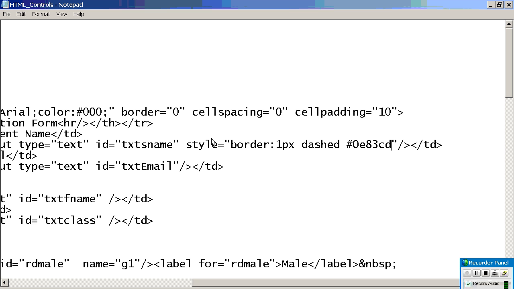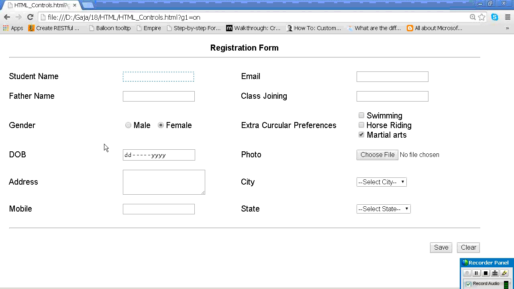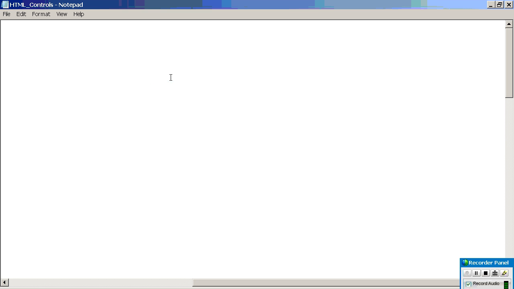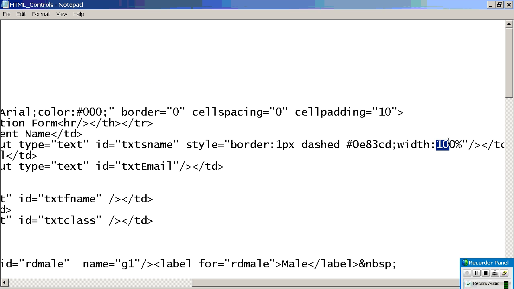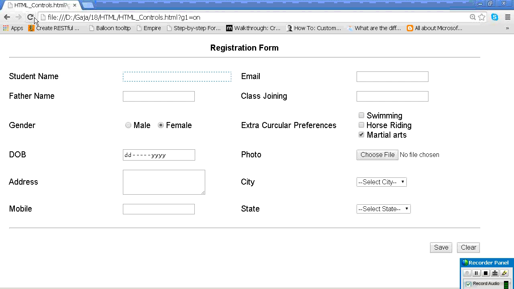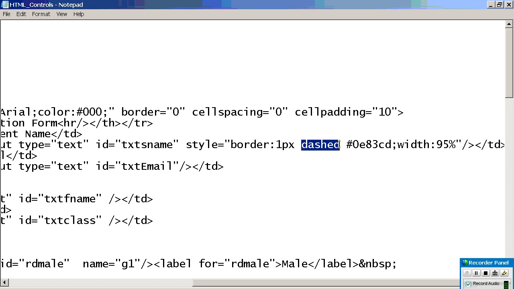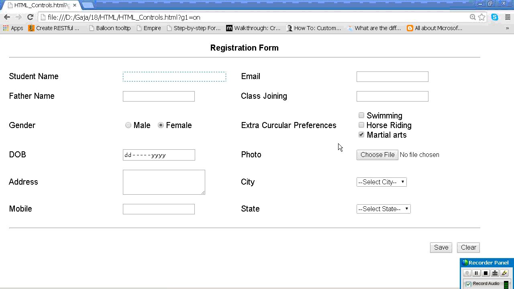Did you see? If you want to change the width, I will specify 100%, which means 100% of the seating. The seating is now 25%, and among that 25% I am giving 100%. If you want 95, did you understand? Then instead of dashed, if you give solid, what will happen? Don't worry about this code, within two days you will understand.